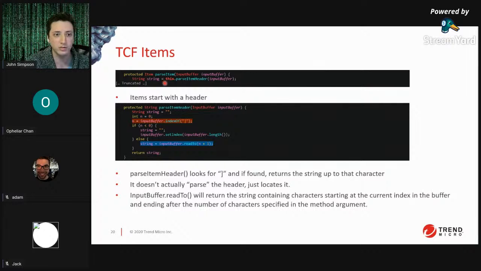Okay, so this ParseItem method starts with a call to ParseItem header. ParseItem header looks for a closing square bracket, and if found, it returns the string up to that character. So it doesn't actually parse the header, it basically just locates it using that closing brace. Input buffer.read2 is basically going to return what I've highlighted in blue there. It's going to return the string containing characters starting at the current index in the buffer and ending after the number of characters specified in the method argument. So for example,